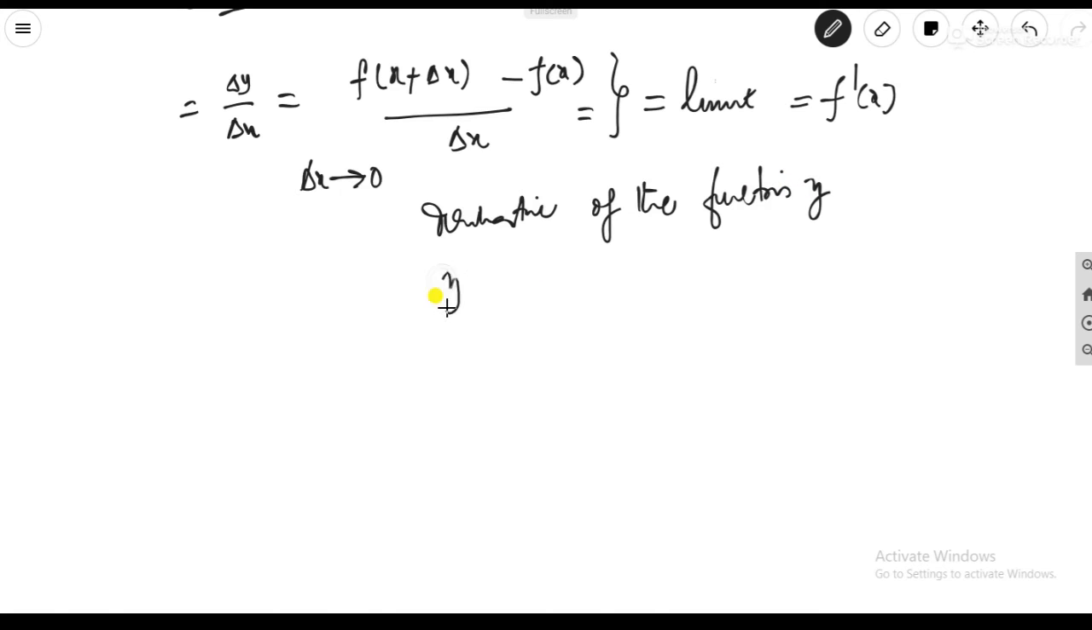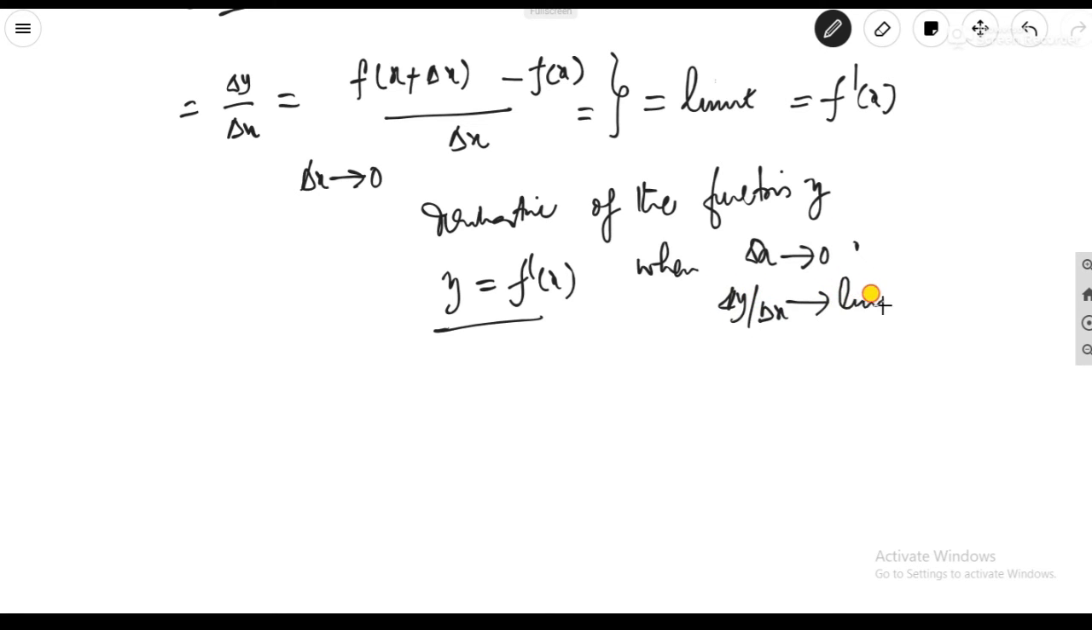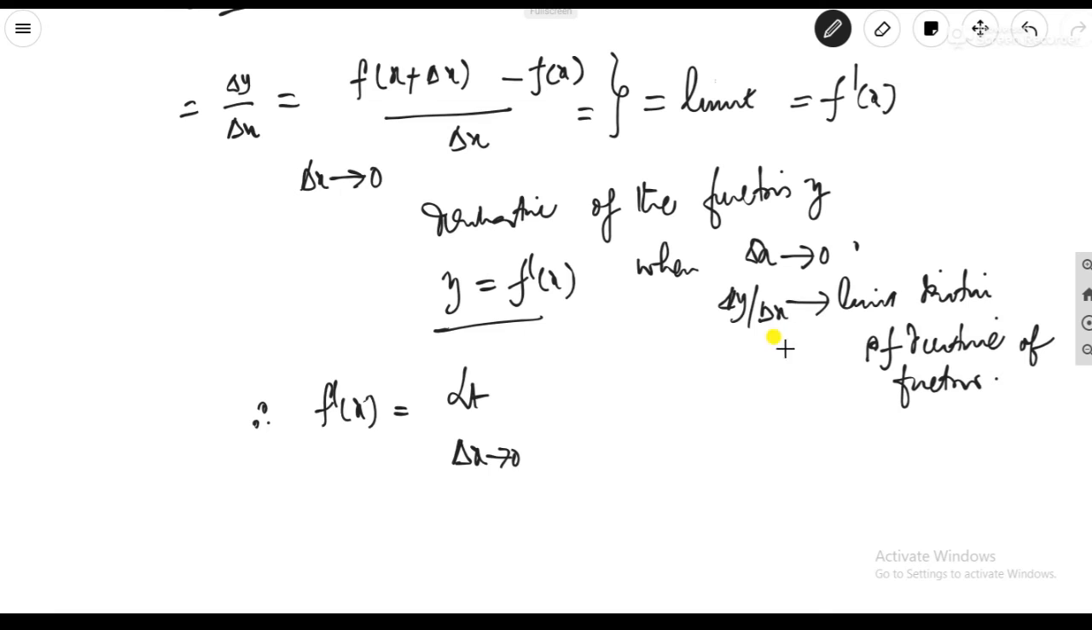That means we are saying y is equal to f dash x is the derivative of y when the ratio, when delta x in the denominator is approaching 0, then the ratio approaches a limit called the derivative of that function. So now this is represented as f dash x. This hyphen is called prime, or f dash x, and this is the limit